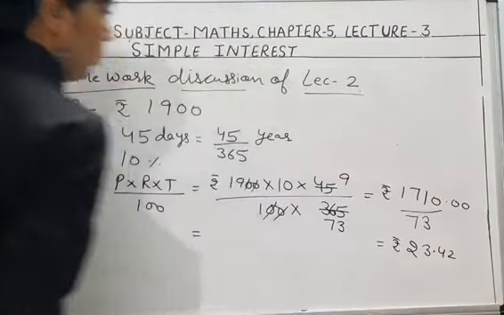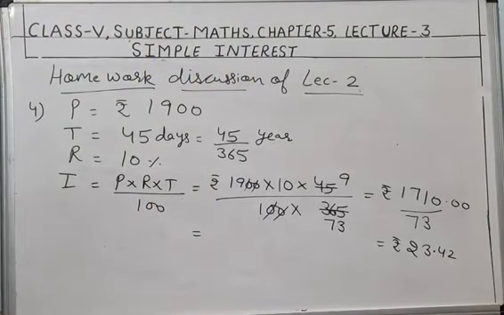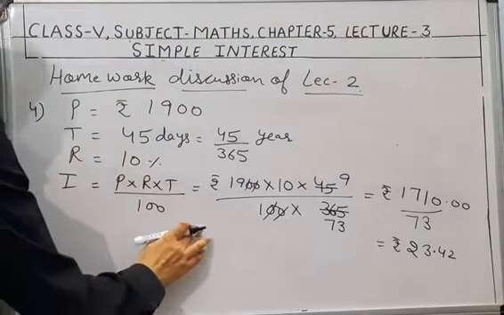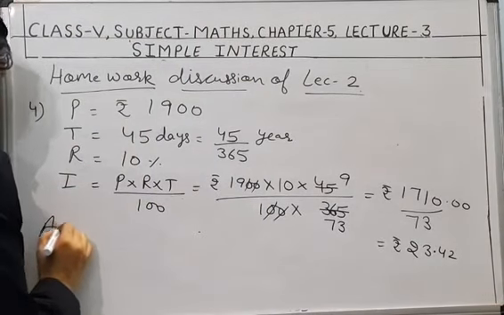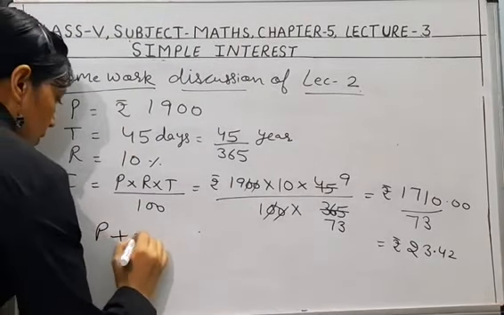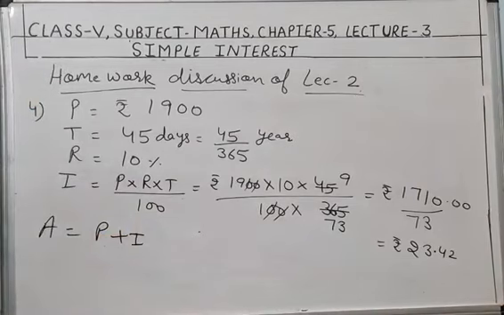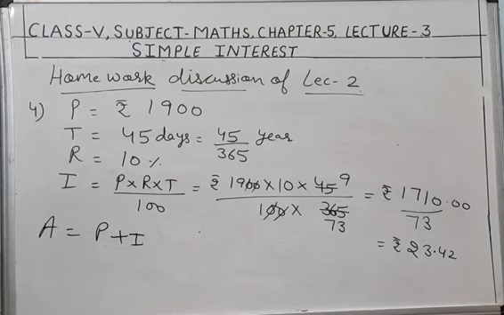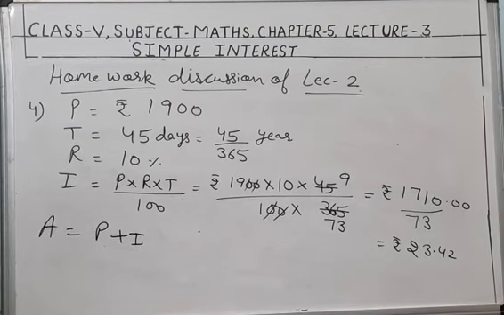You all know how to do this division. We have done it in the decimal chapter also and in previous sums also. Now this is interest. After interest, you will calculate amount: principal plus interest. Have you got the correct answer still here? If no, you have to understand how to do this calculation part. The formula is simple, you all know. You have to understand the calculation part.